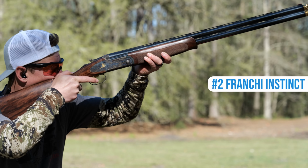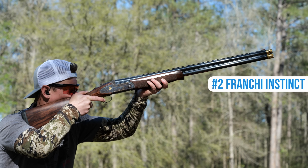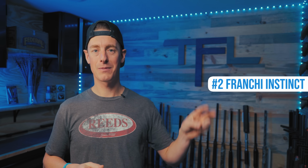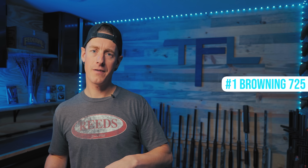A lot of great things about it. Take a look at that gun. Isn't it beautiful? And only at a price point of $2,229. That is why the Franke Instinct is number 2 of all-purpose shotguns. Number one on the list of all-purpose over-under shotguns is the Browning Satori 725, and even more specifically, the sporting